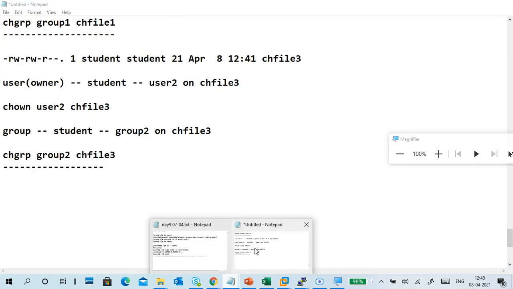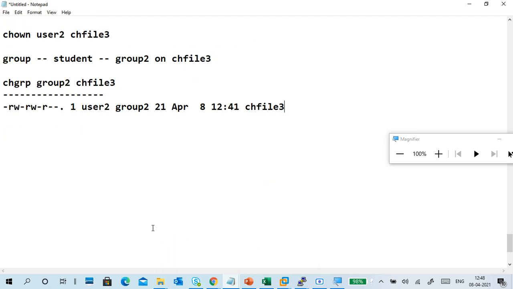So who is the user now? The current user is user 2, right? Next, the current group owner is group 2. Now again I want to change.